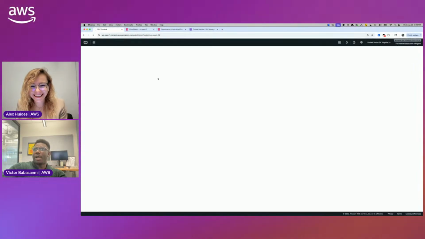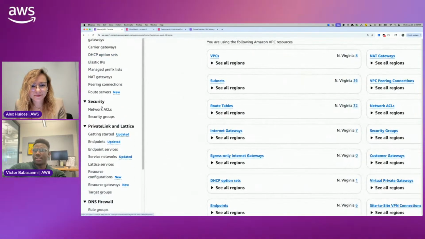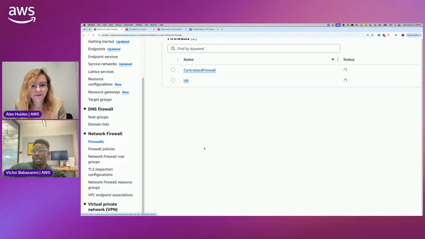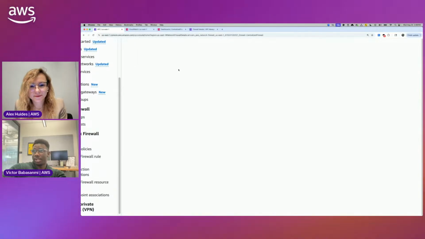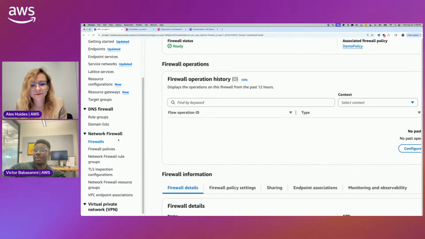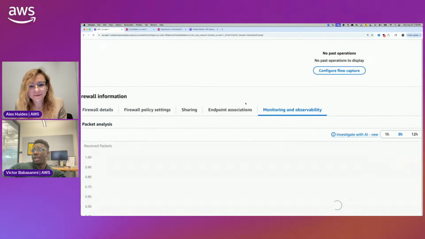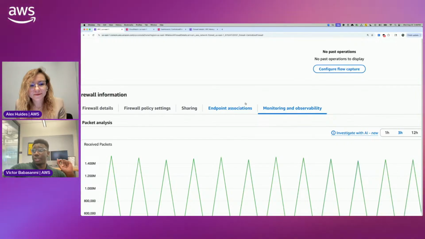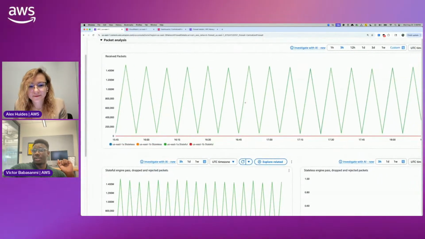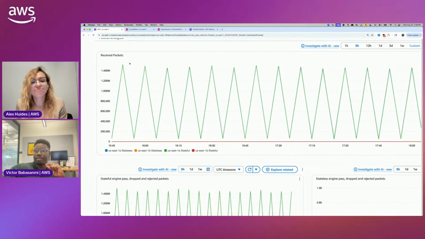All right. So before I just show us that, I want to just quickly show that network firewall also has a native dashboard by default. So if you went to VPC network firewalls and then firewalls, and you went to monitoring and observability for your firewall, if you enable something called detailed monitoring, you would see some useful information here, like metrics on packets received,